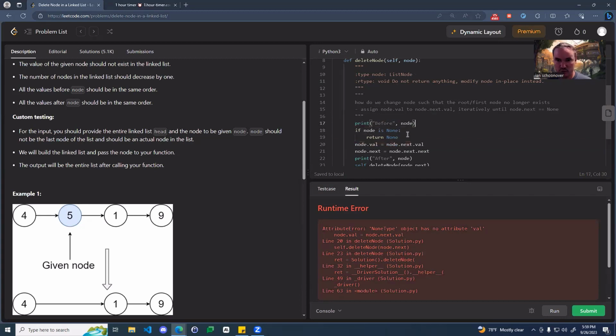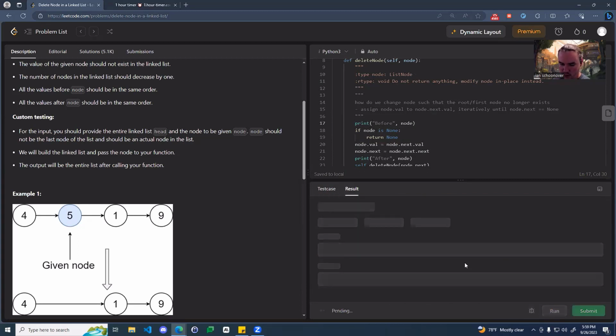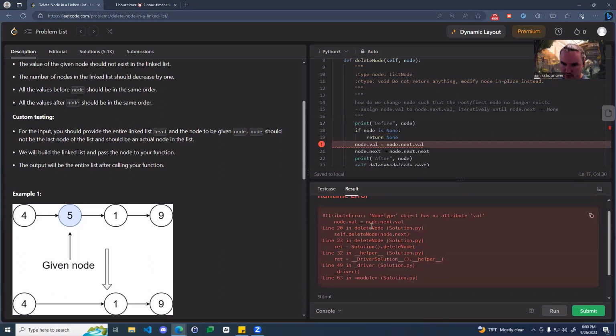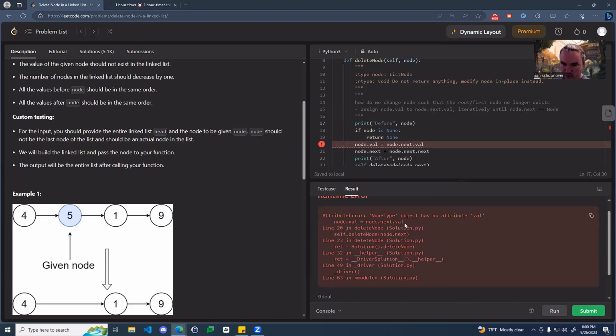This makes me want to move this up on this particular one, because if we look, it's like before, blah, blah, blah. If I run it, I want to see, is one of these None? And it's calling objects. Okay,